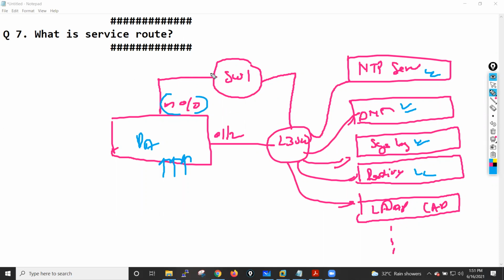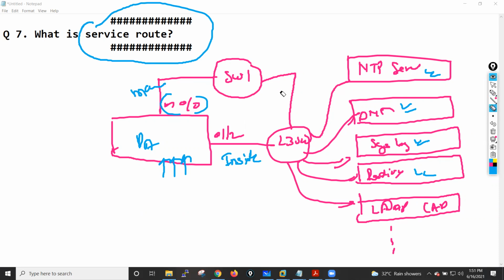All these kinds of queries are sent to the management interface, and this particular thing is known as a service route, guys, because the management interface is what we use for sending all these requests. Now let's suppose this is my inside network, and this is my management network. Due to some reason I don't have connectivity from this management network, and these servers are only reachable through this Ethernet 1/2 interface in my inside network. In that case, we have to configure the service route on my firewall.